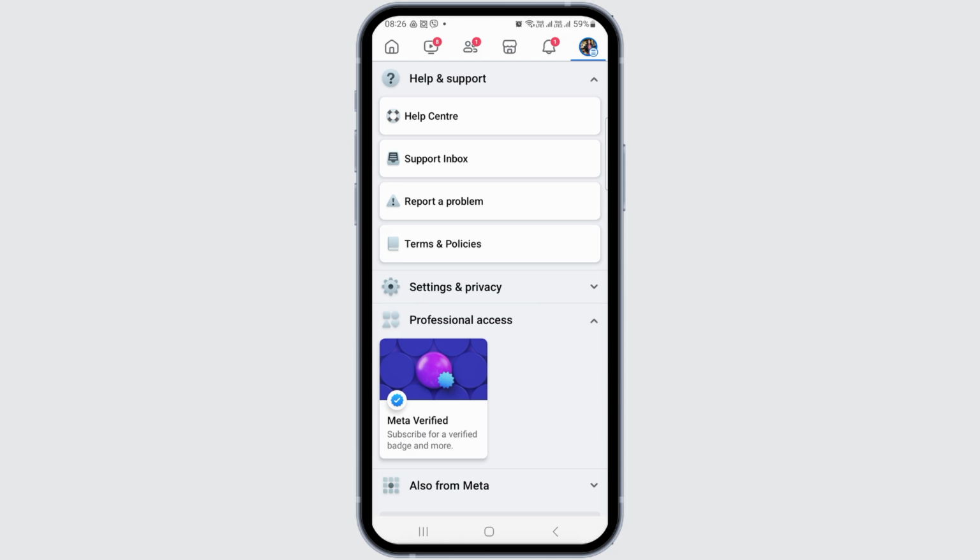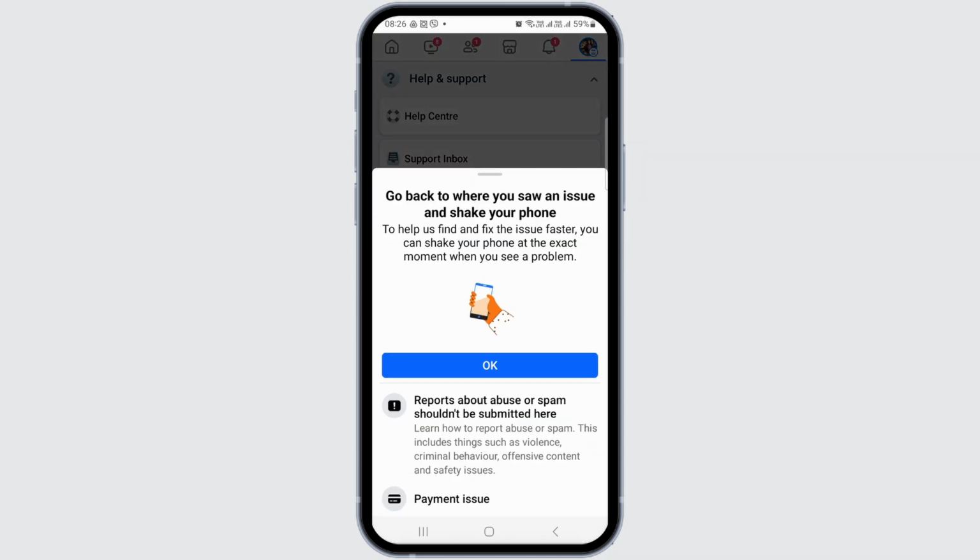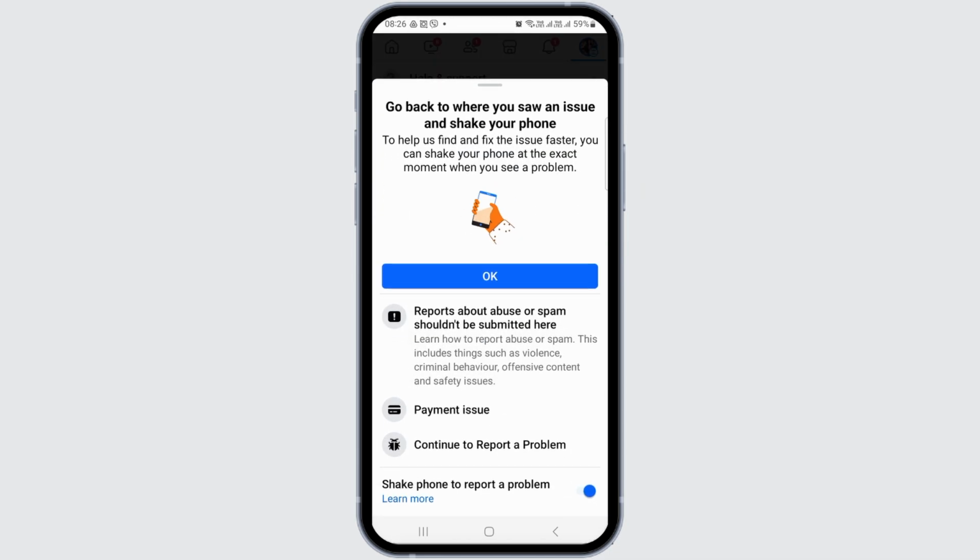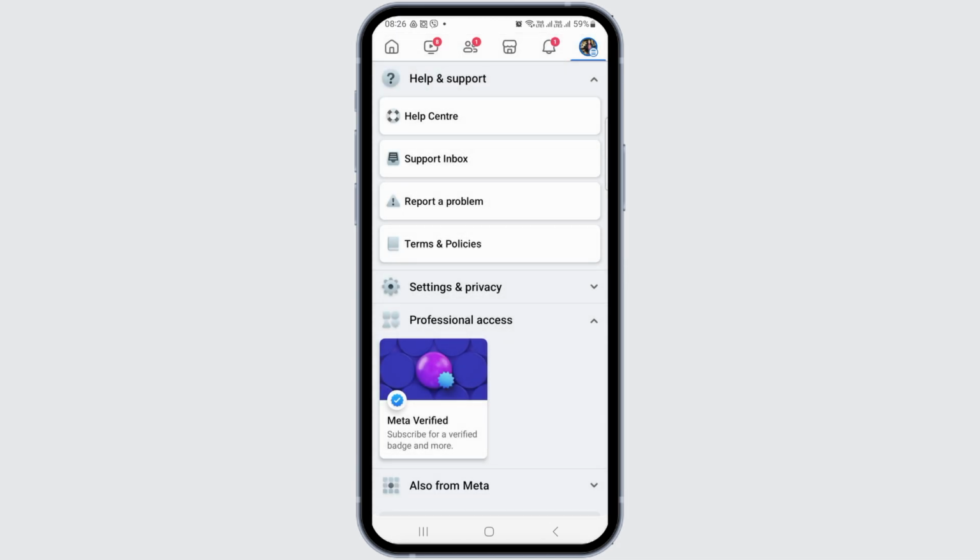Now you have to tap on the option of report a problem. After you tap on report a problem, you see the options like this. Now you have to go to the option of OK, but before that, if the shake phone to report a problem is enabled, you have to disable it and turn it off. After turning it off, you have to go to the option of OK, and when you tap on OK,